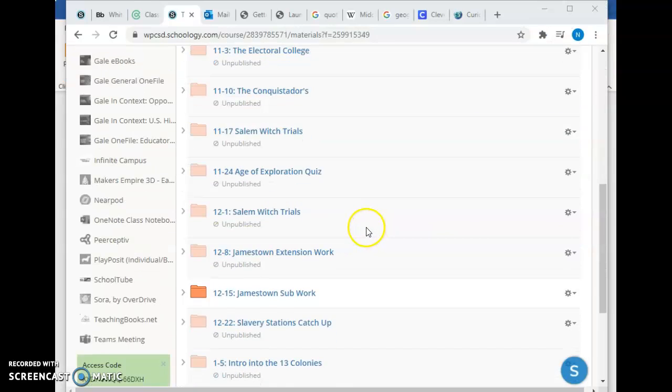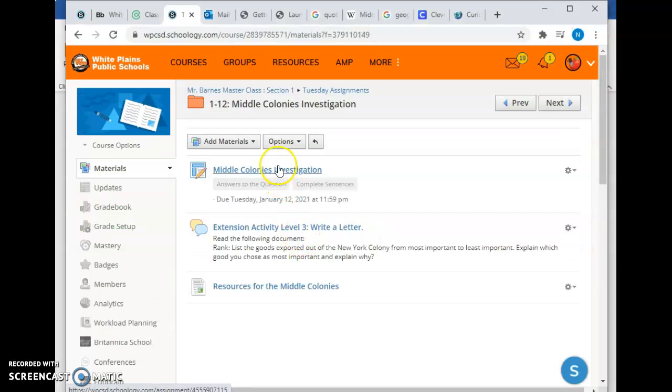So when you finish with that, just go back to Tuesday's folder. Make sure you submit to Schoology. If there's a little time left, you have an extension activity that you can work on, and then there are resources for the middle colonies you can